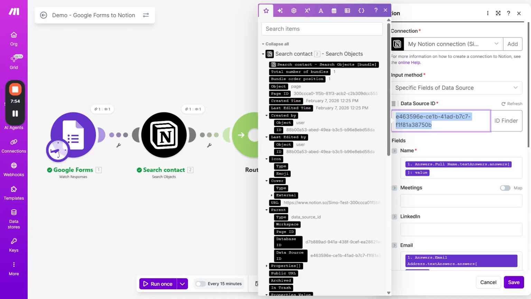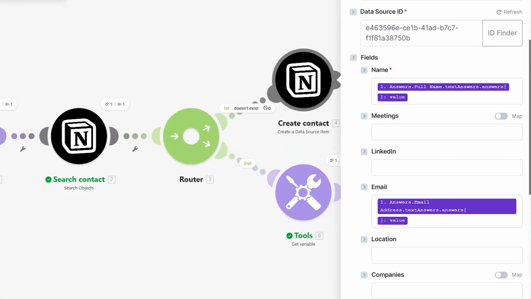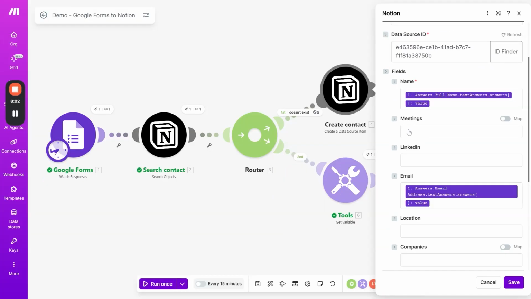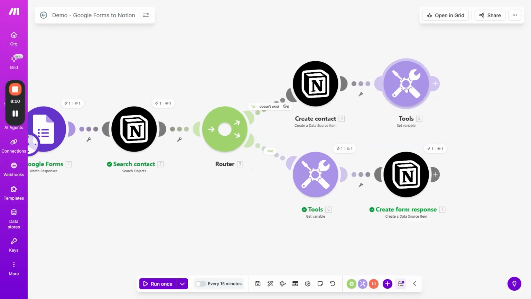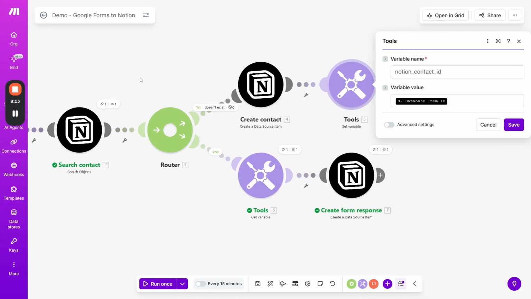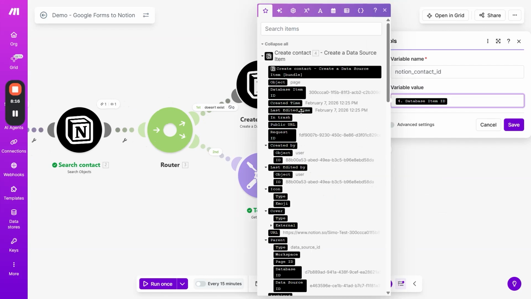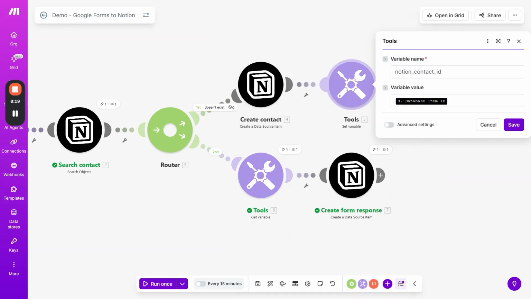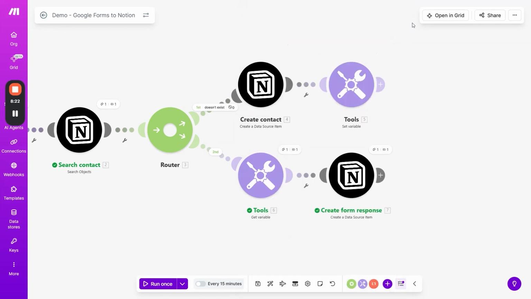So again, I input the data source ID right here, and then I map the name of the contact, the email address from the form, and if there are any other properties you want to pre-populate, you can do that easily here. Then I use a set a variable module and the contact ID mapped from the database item ID from the previous module here. I call this variable Notion contact ID,